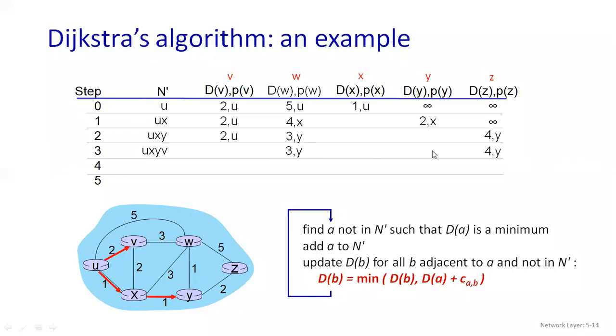And what about this X and Y? We are not considering. Then Z. For the Z, what are we going to write here? We will see the connectivity from V to Z. Check it out. V to Z. Do you have the connectivity? No, there is no direct connectivity, right? From V to Z. But what we got through this side only, already we got the value. So that only we will continue because this side it is having more value. 2 plus 3, 5, 5 plus 5, 10. So why write it? We want the shortest one, right? And for the W case also you can see this is also coming 2 plus 3, 5. Why write 5? Already 3 is present and that is the shortest one. So no need to consider that.